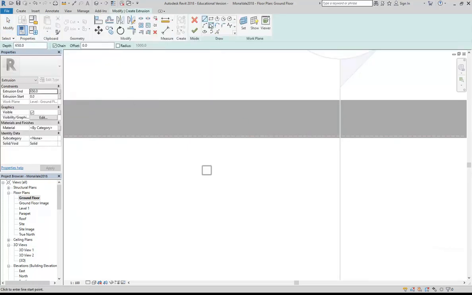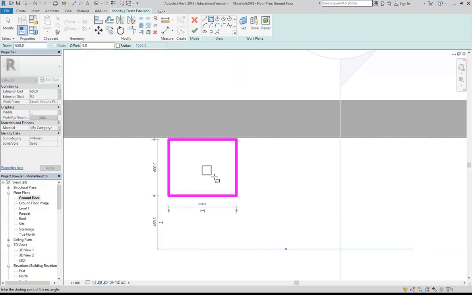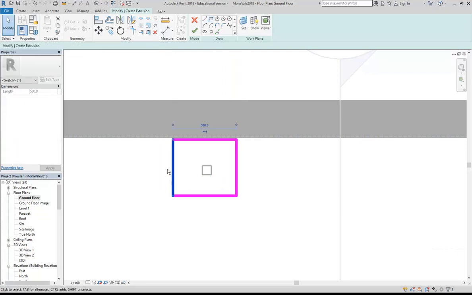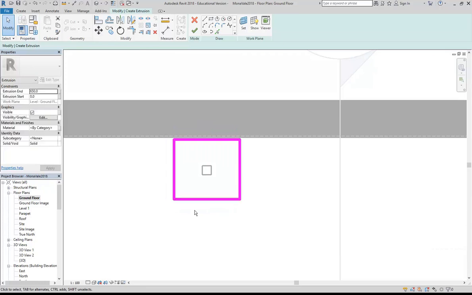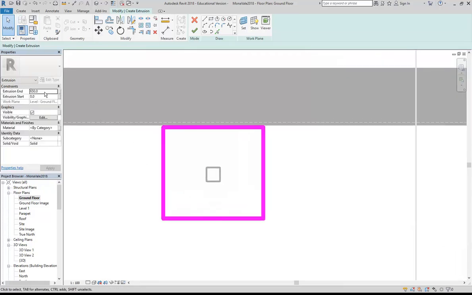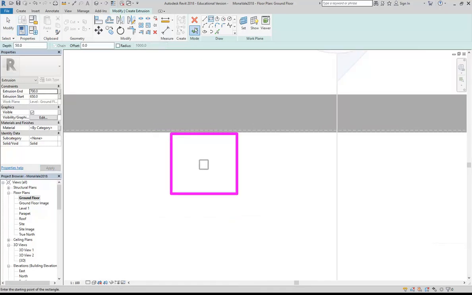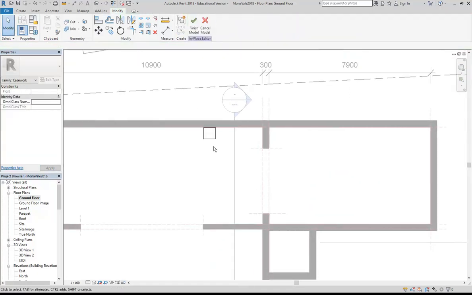So again, back to extrusion, and I'll make another rectangle. Just going to adjust these. I'm not being too precious about the measurements. Can always adjust them. That'll do. Okay, so then I'm going to make the extrusion start 650 and the extrusion end 700. So now I'll have a basic tabletop,